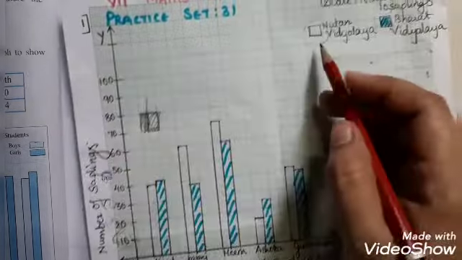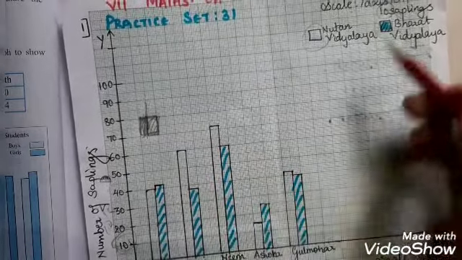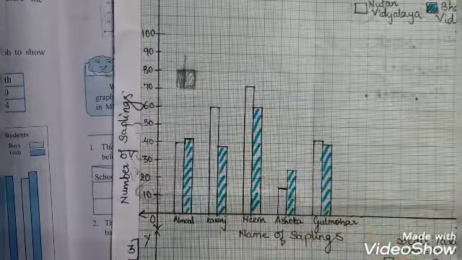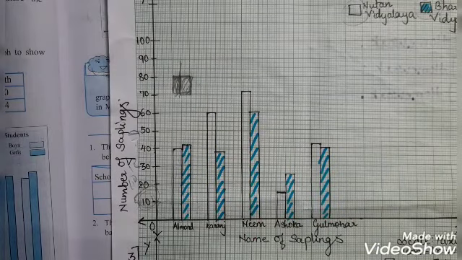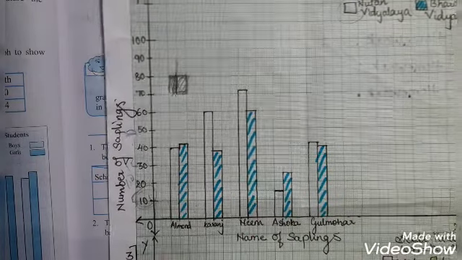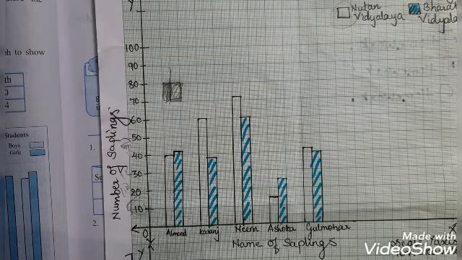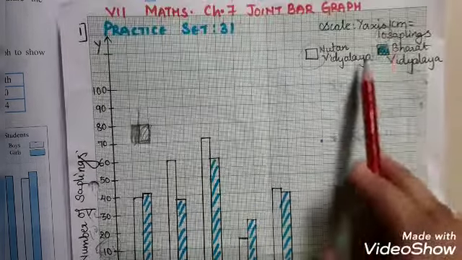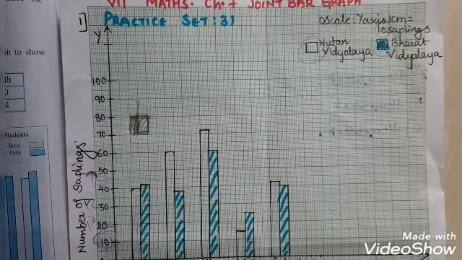So Nutan Vidyalaya is blank, so I have left it blank, and Bharat Vidyalaya is colored with blue color, so I have to color with blue color. You can see that. Now whenever you draw the graph, everything should be with pencil. I have colored it with a black pen for you all to understand it, because it will not be visible if I do it with pencil. But for you, you have to do everything with pencil. The graph, the entire thing should be with pencil. Even the scale, everything you can write with pencil.